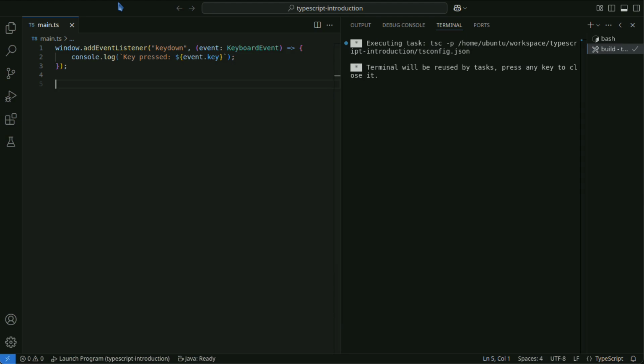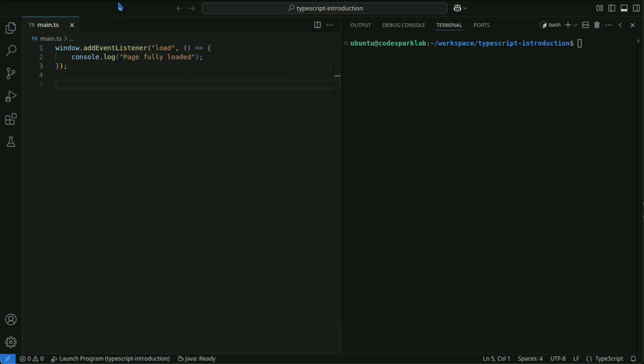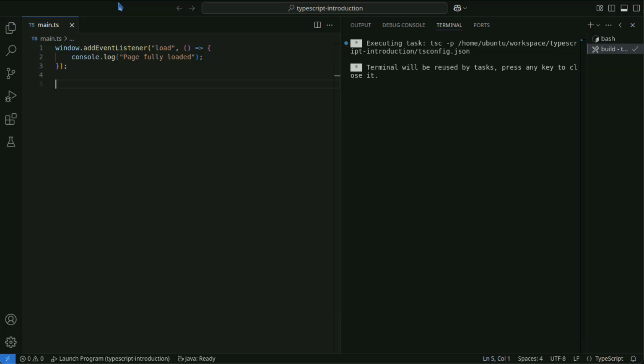This code outputs the pressed key to the console when the user presses a key. This code outputs a message to the console when the page has finished loading.